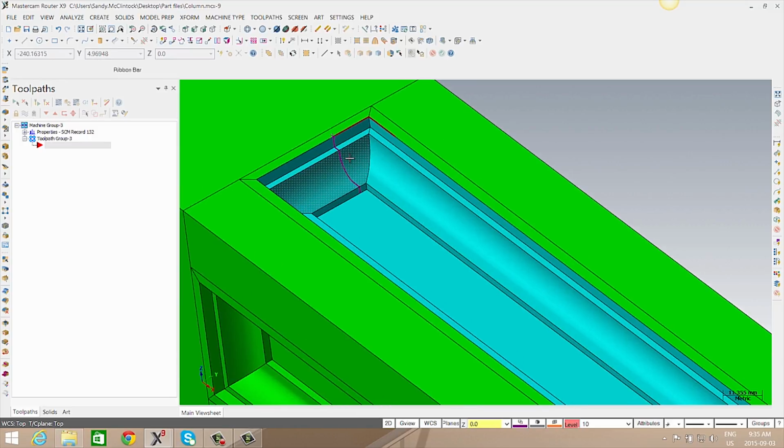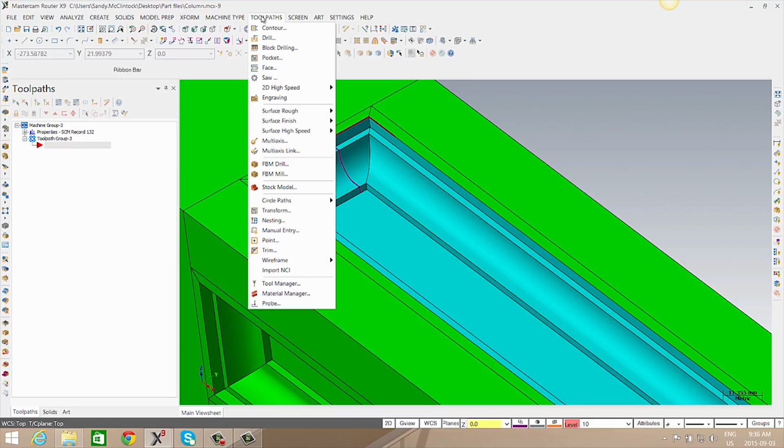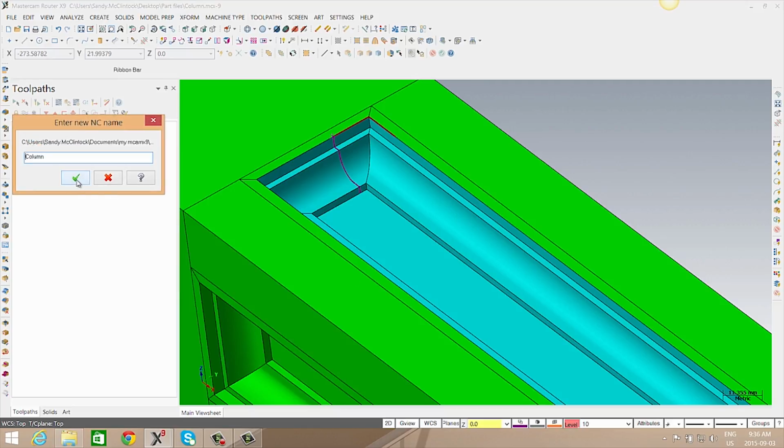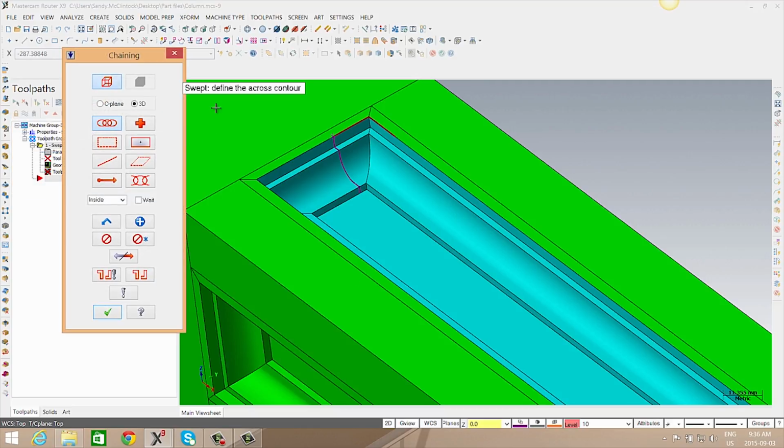I've already created the geometry for this, so we'll start by going to Toolpaths, down to Wireframe, and over to 2D Swept. We'll click OK, and we'll select our cross contour. We can use a partial chain to select this by selecting the start of our line, reverse our arrows, and select the end point. Next, we'll select our along contour, and in this case I just want to show you